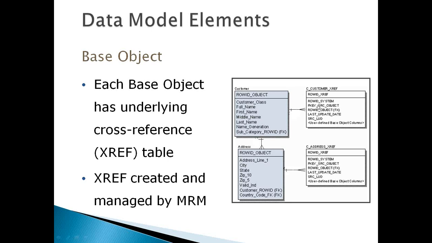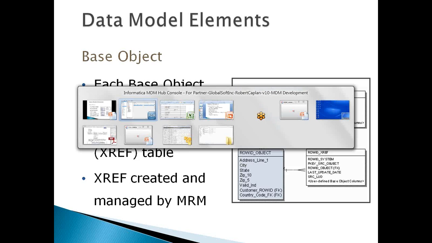Now here we have some values, which we'll see. First is the ROID system. ROID system basically contains the system name. Like if we are loading the data from a CRM system, it will have the value CRM. If we are loading the data from the sales system, it will have the value sales system. So one minute, let me open the mapping here. It will be more clear. I can show you side by side.